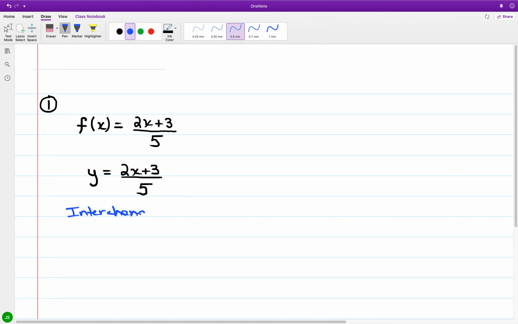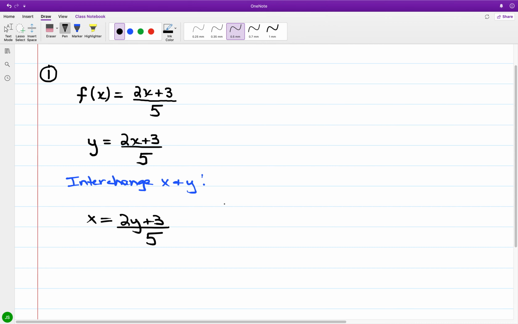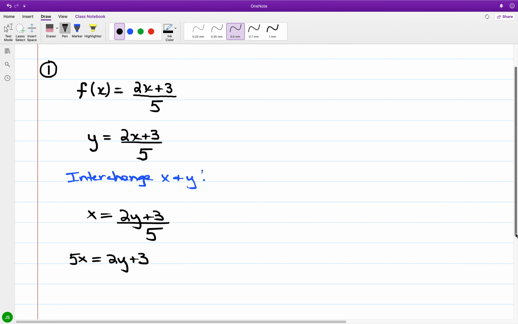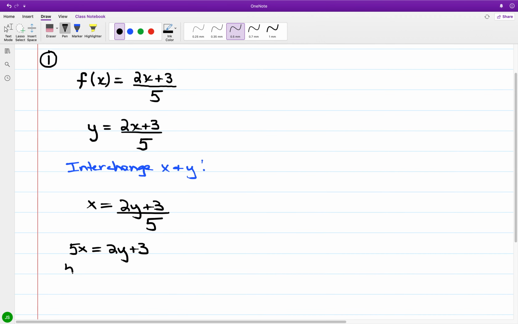Okay, so we have in the rewrite, x is equal to 2y plus 3 all over 5. And we're going to write this statement in terms of y equals. So we have solving in terms of y equals. If I multiply this equation by 5, we're going to have 5x is going to be equal to 2y plus 3. And getting the y term, which is 2y, by itself, if I take 3 away from both sides, so we have that